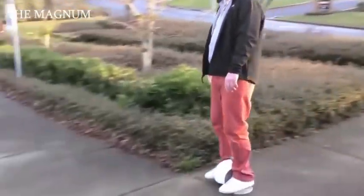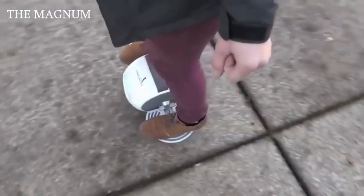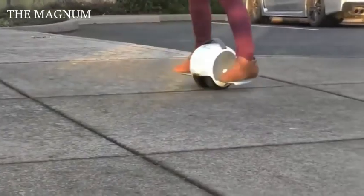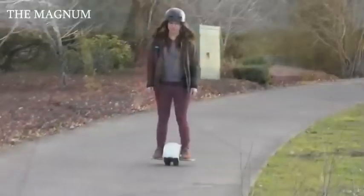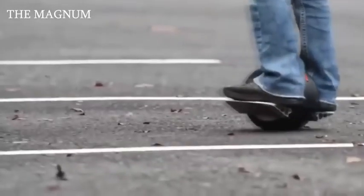Solo Wheel Iota, a hybrid of the usual gyroscope with a mono wheel. The project was launched on Kickstarter. The price of the device starts at $445. The first buyers received their orders in late 2017. The device can reach speeds of up to 16 kilometers per hour,